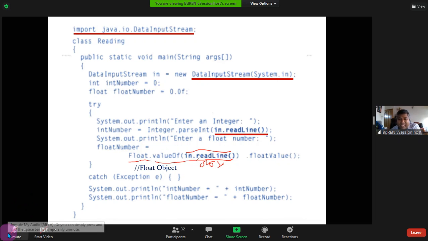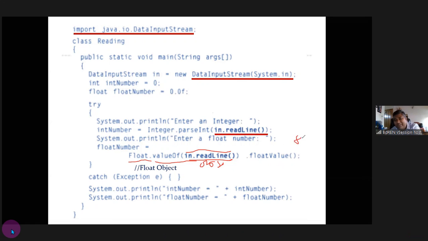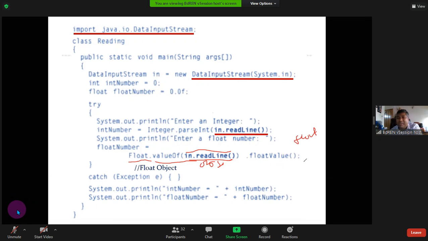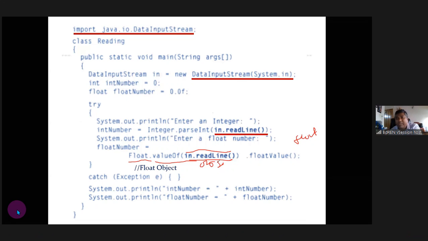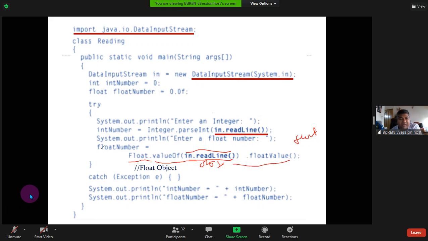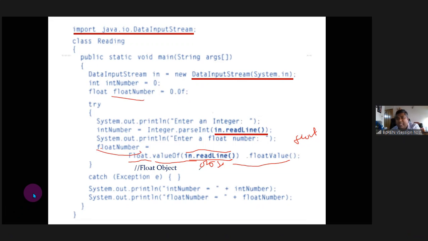So this one will get converted to a Float object, and then .floatValue() will convert it again to the float primitive type. That's why we'll do this function and exercise on it. Now we have the float value, and it will be placed into the float number. So two-way auto boxing